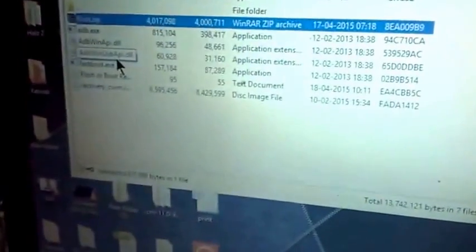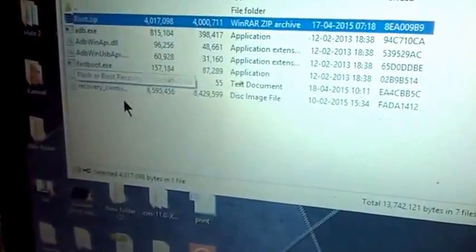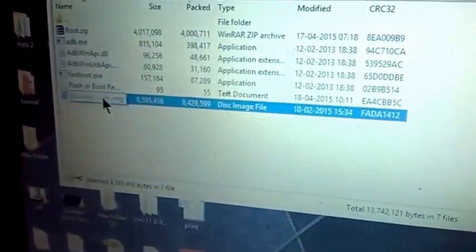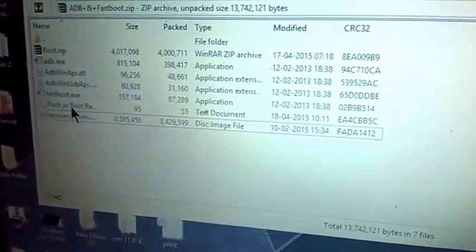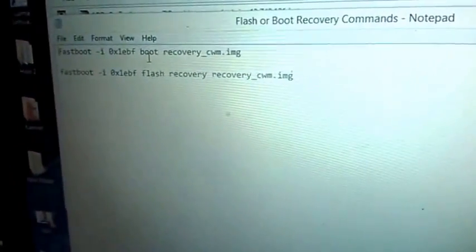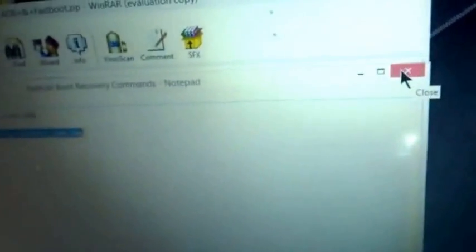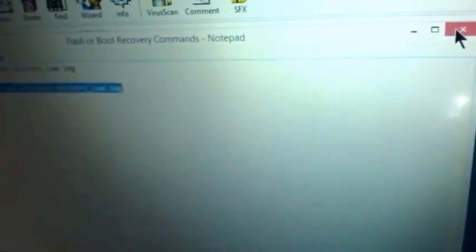Then recovery cwm.img, and there you can see flash or boot recovery commands also. These are the commands that you need to flash also. So don't follow this command, follow the boot recovery image. It is not necessary, don't follow that one. How I do it, you need to follow those steps only.